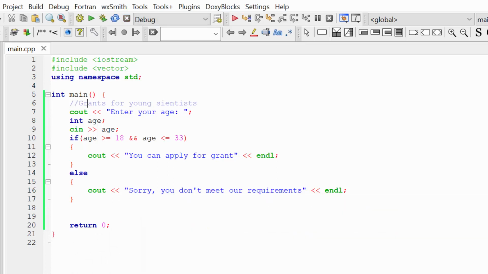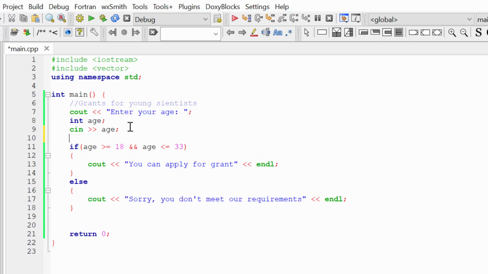requirements. Okay, but let's say I extended my grants program, and now the user can apply for the grant if he or she is a student. So I'm going to add one more variable. Let's say it will be a bool variable isStudent. And let's just assign it in our program equal to true.